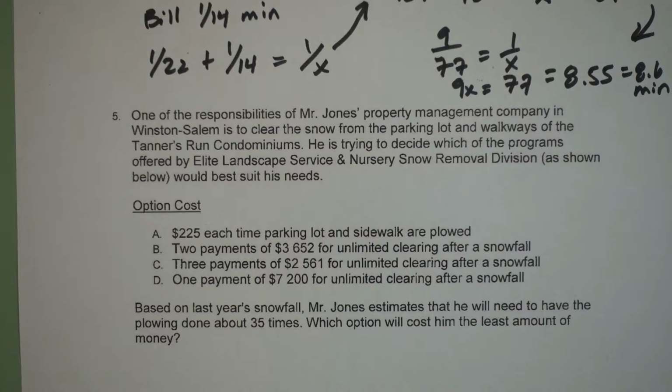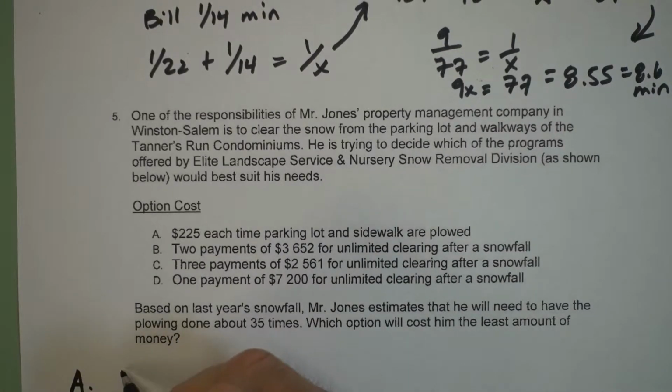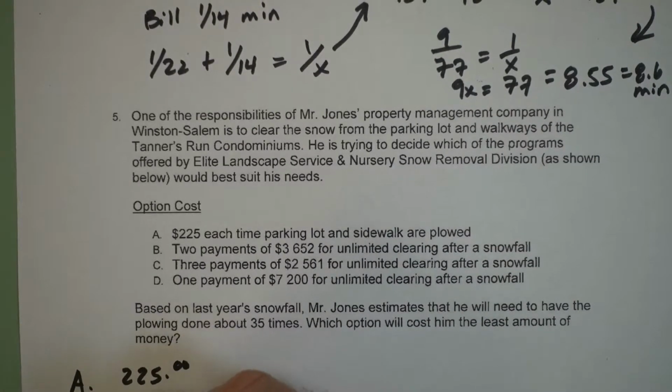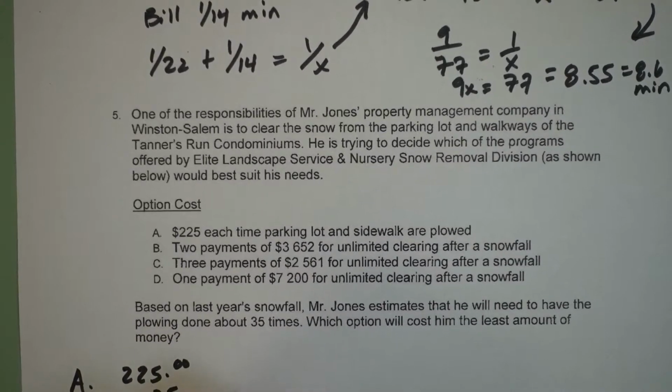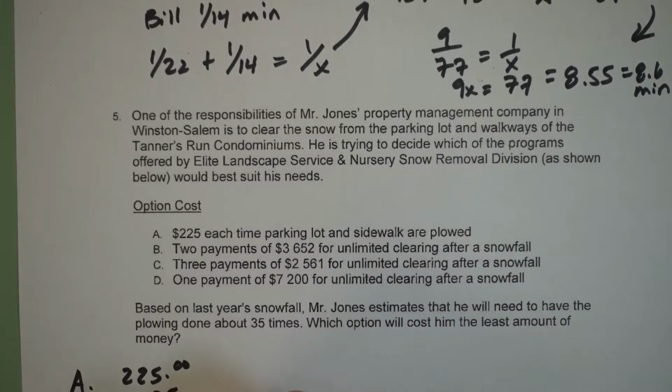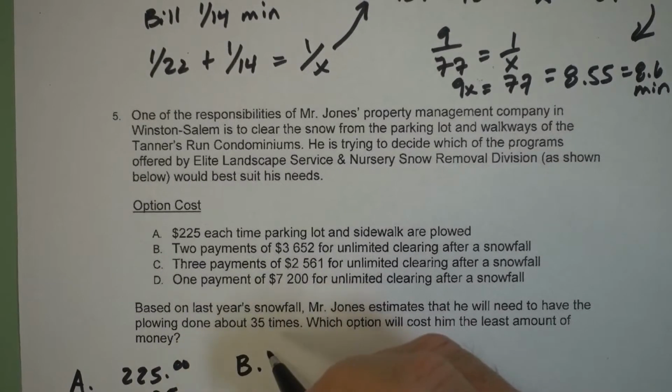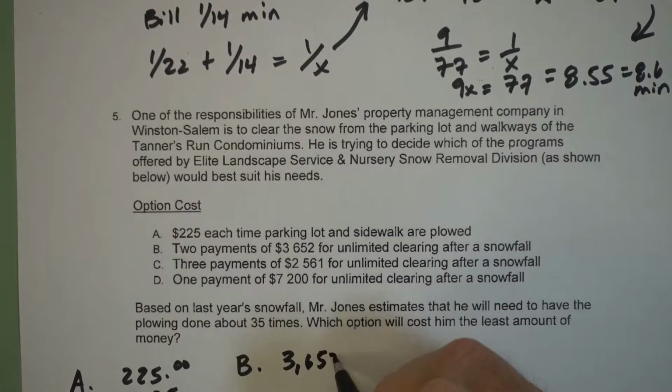So which option will cost him the least amount of money? Now, if you read chapter 15 in the Professional Landscape Management book, it's going to talk about the per push, the per inch, or the per season contract. So we kind of got all of that wrapped into this one problem here. And so I'm going to have A, which is the 225 times 35, is going to be $7,875. Option B, the 2 payments of $3,652 times 2 is